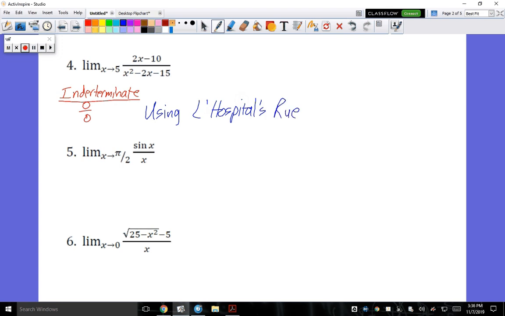We will go ahead and go through and list all the pieces. Okay? The first one that we will do is the limit as x approaches 5 of the top. We're verifying that, yep, it's 0. The limit as x approaches 5, you've got to write all these pieces, of the bottom,